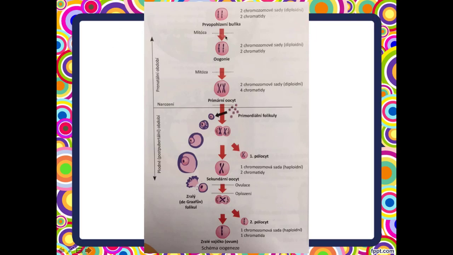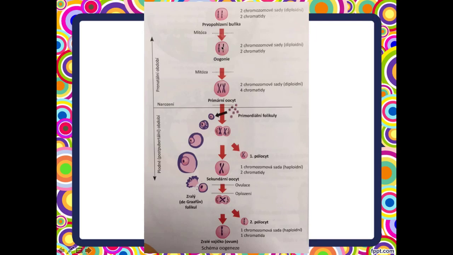So during the embryonal development of the girl, these germ cells will migrate into the primitive ovaries, and then they will increase their number by mitosis. So the primordial germ cells will now be called the oogonia. Oogonia are diploid and they contain two chromatids. It means that there is single chromatid for one